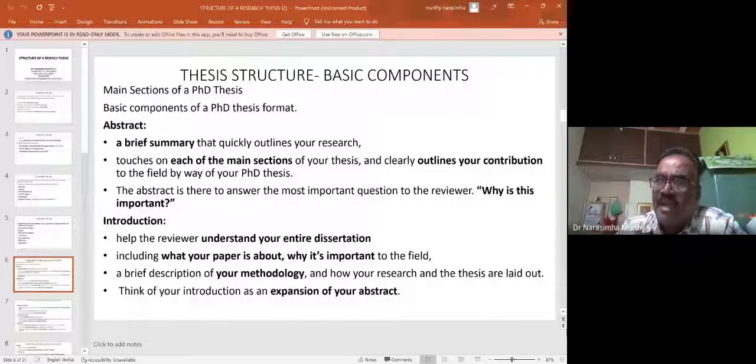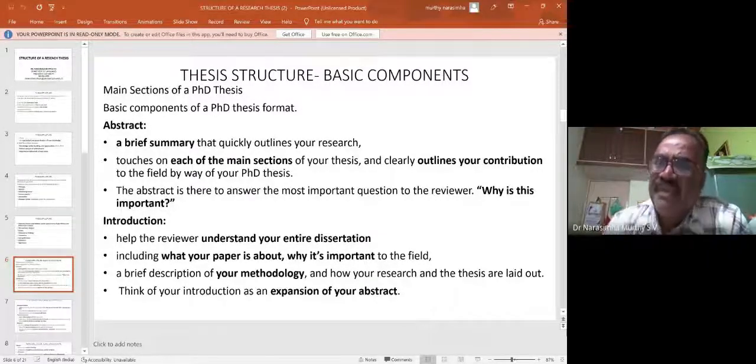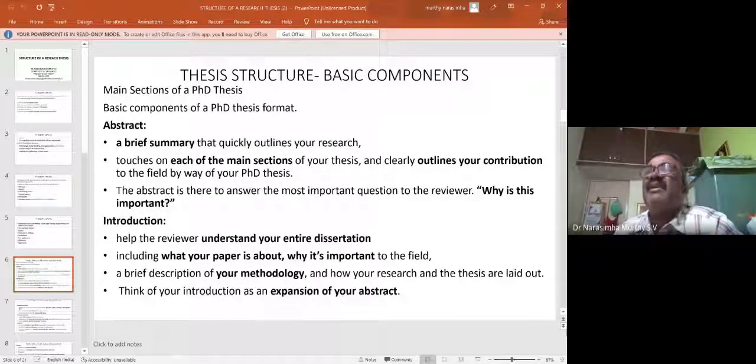When I say, what I mean, the structure, how do you structure it? The first is the abstract. The most important thing of any research article or research paper is an abstract. It is nothing but a brief summary which outlines your research. And remember, it should touch on all the main sections of